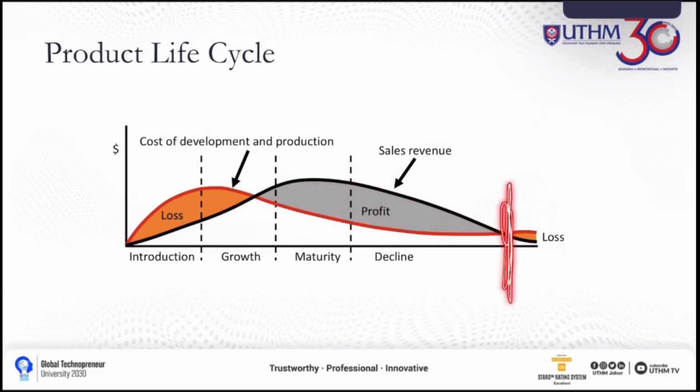So that's why you gain profit here. And then during the decline phase, at the end of the life cycle, you can see that it will also have loss here due to the lower revenue, and then due to the standard cost here. Okay, so this is an example of the life cycle of one product. So by the time in the decline phase, you need to keep in mind, you need to have a new product development, okay, to make sure your business is sustained.